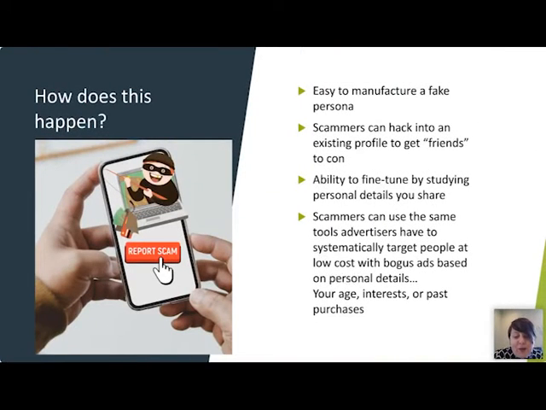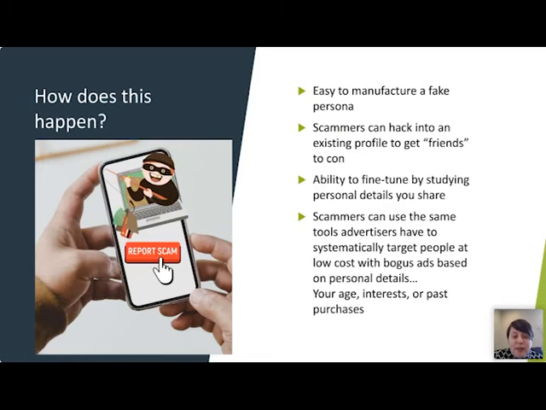You may wonder how this happens. Some of this might not seem so obvious, but the larger percentage of the demographic falling into this trap is ages 18 to 39. So it's not just a victim of our elderly; it can really happen to anybody. Facebook and Instagram really make it easy to manufacture a fake persona. I can be presented as an individual, and there's nothing to safeguard that I'm actually who I truly am. I can create the account with a completely fake or false identity.